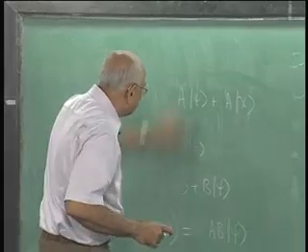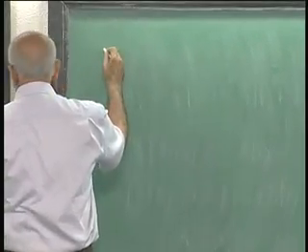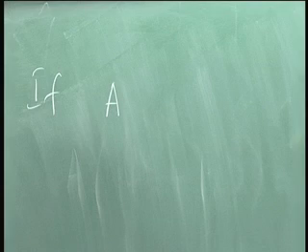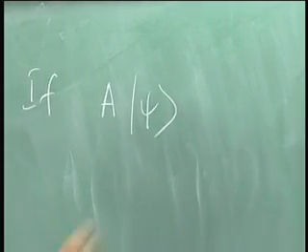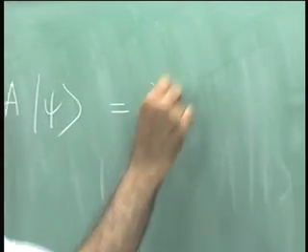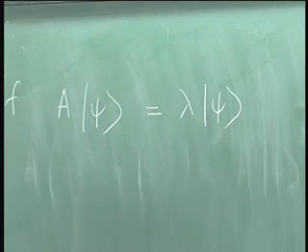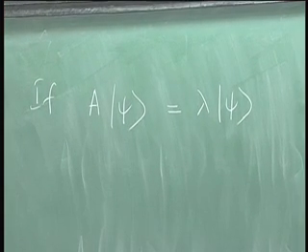So given a linear operator A, this is going to be our basic equation. If A is an operator in a linear vector space acting on a state vector psi, and this is equal to lambda times psi for some special value of lambda and special vector psi, that is an eigenvalue equation,